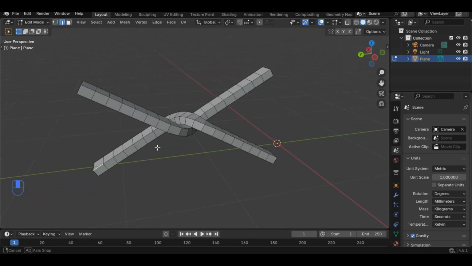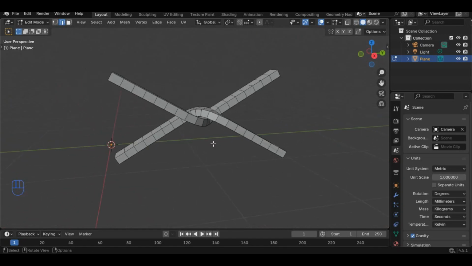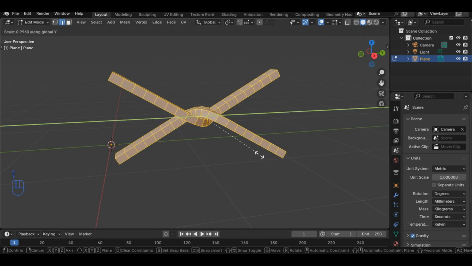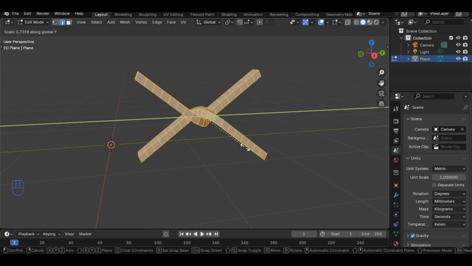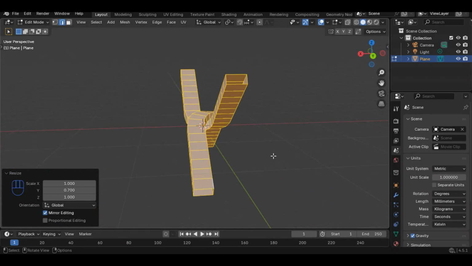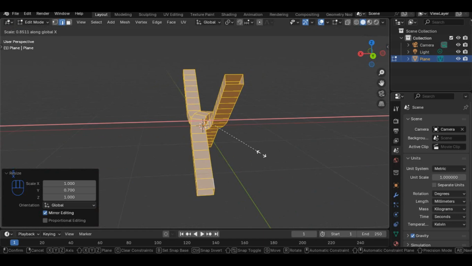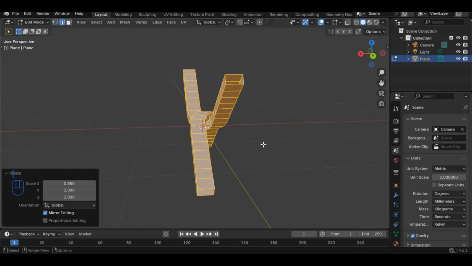Then we can take this and also duplicate it. You can select all and duplicate, and before you duplicate, you might want to just scale down. Let's scale down by 0.7 because it looks a little bit off. And then we can scale towards the x-axis also by 0.85, just to make it look a little bit